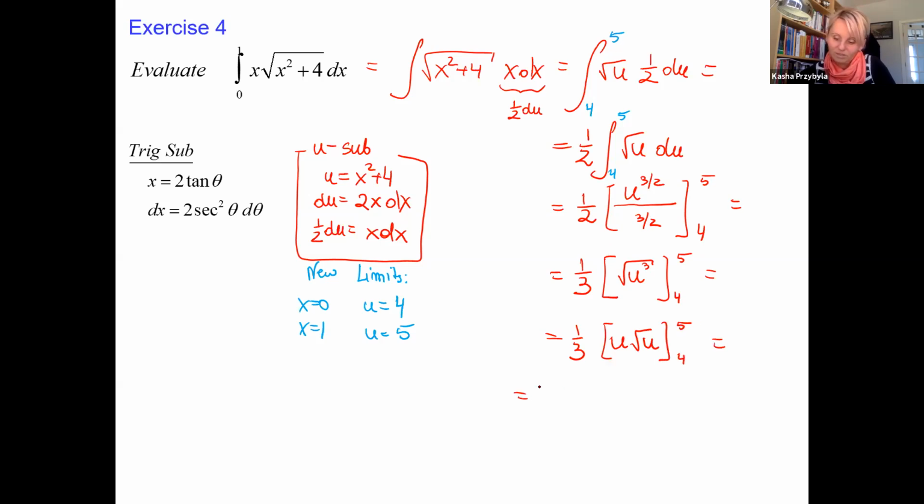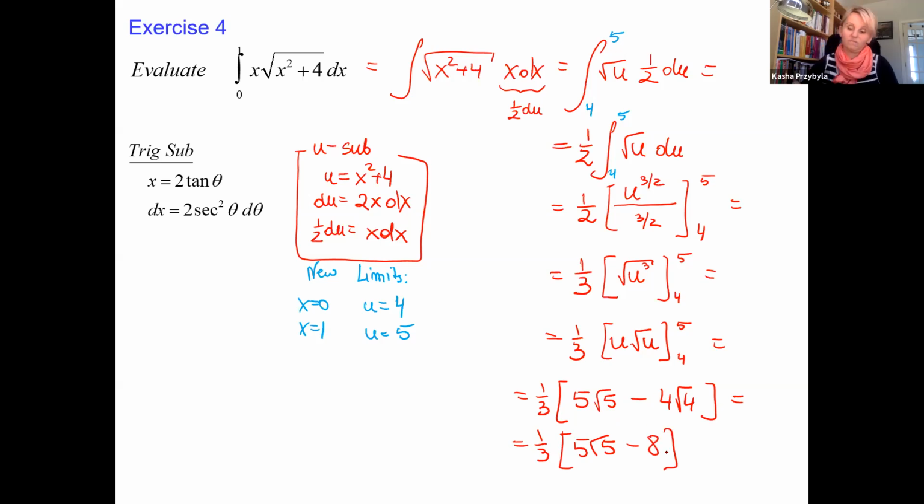Okay, now let's substitute the upper limit 5 and the lower limit 4. This is just 5 root 5 minus 8. Please correct me if this is